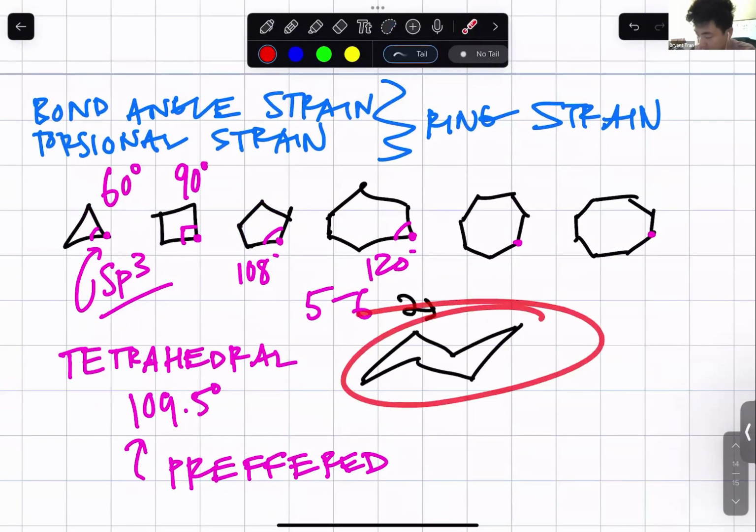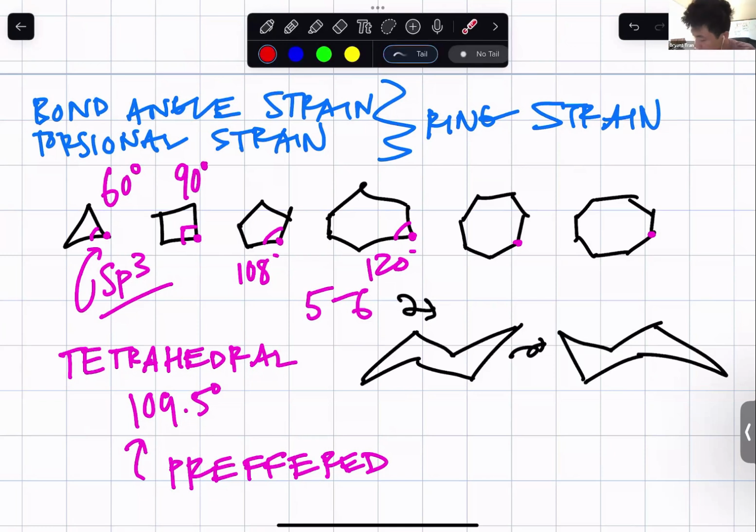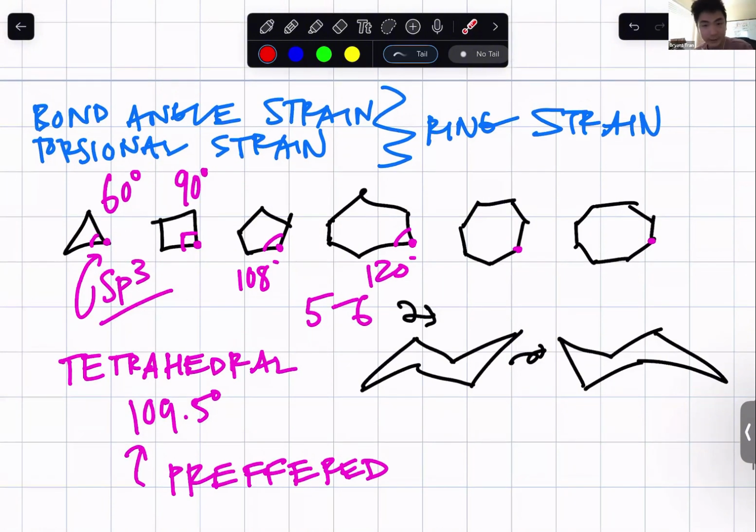That's one chair conformation. We can flip this one chair conformation to a different version, which is going to be this right here, right? They're going to represent the same molecule, but the way they twist into the structure would be different. Like the axial and equatorial bonds would be different for each carbon, right? Okay. Now, I need to make sure that I show the right rotation for this, because that's the hardest part. 1, 2, let's see, rotate clockwise from here. Okay. Any questions on this so far?